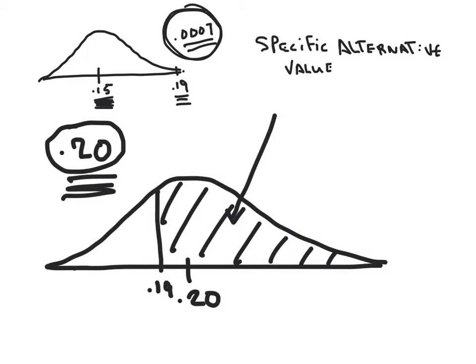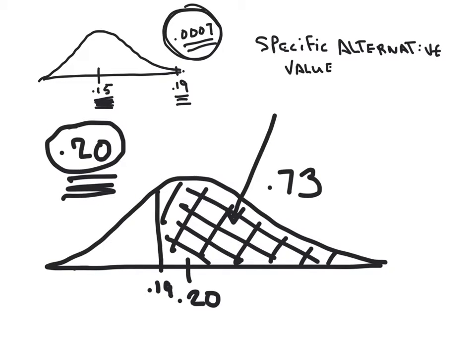So you would have a fairly high power on this test. For instance, this area is 73% of the graph there. So that's your power of the test: the probability that you would correctly reject the null hypothesis if the true proportion of short chopsticks is